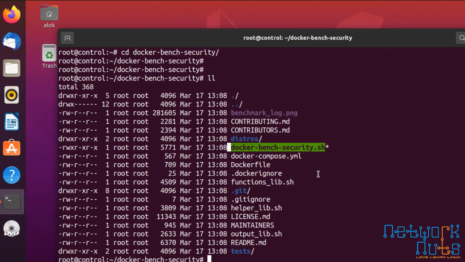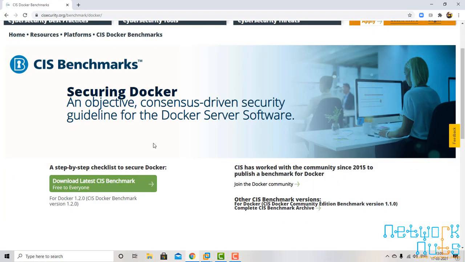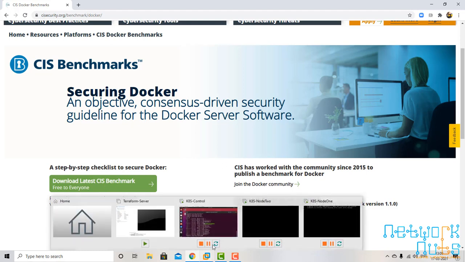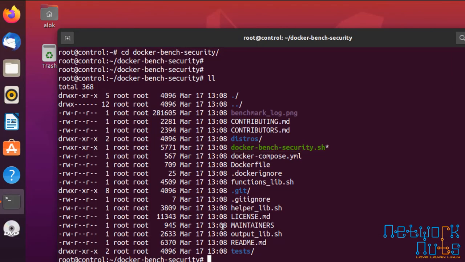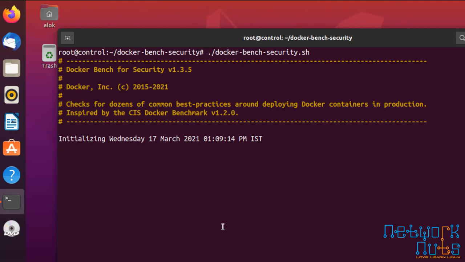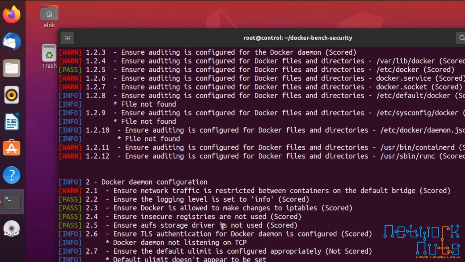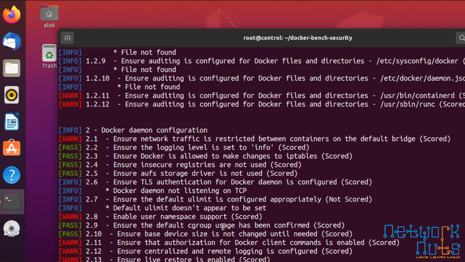That's all. This script will scan your machine, scan your control based on the guidelines given to you by the CIS, right? Based on the guidelines from here. You can download the benchmark, what they say, but let it scan. So I just need to run this Docker Bench Security. It might take some time, so be patient here. The current version has got 8 sections. We will discuss those sections.